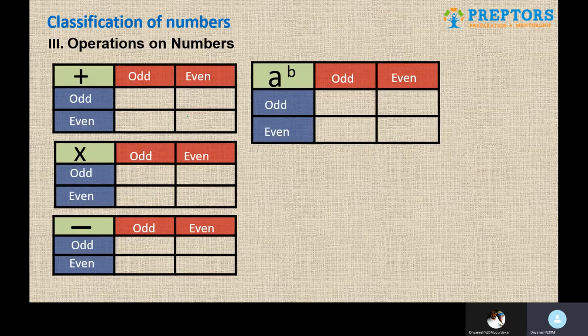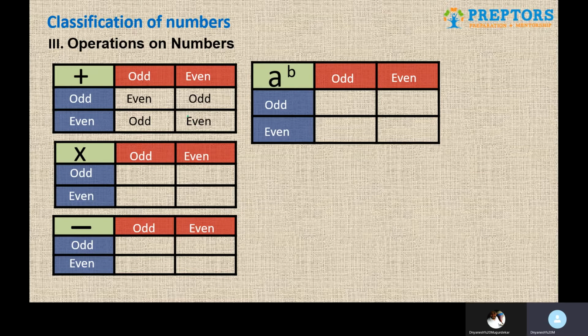The next part is operations on numbers. Operation on numbers is a classic thing wherein we have the nature of the two numbers, odd or even, and based on that we are going to perform 4 operations: addition, multiplication, subtraction, and a raised to b power. And we are going to figure out what the conclusions are, what the nature of those particular operations is. So for example, let's start with the first scenario. Both the numbers are odd. When we add them, we get even. You can take some examples. For example, take 5 and 3. When you add 5 and 3, you get even as the sum.